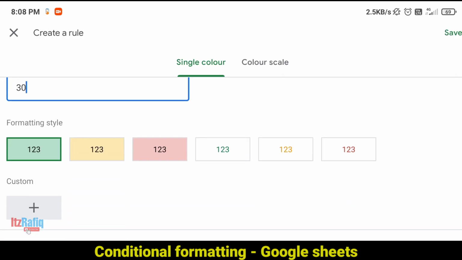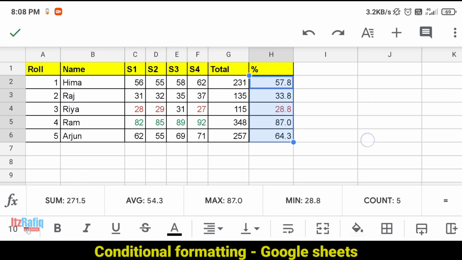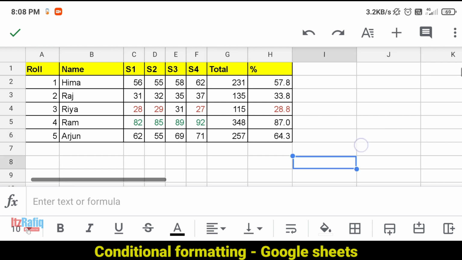So you can select red from here and tap on save, then tap on the tick sign. So here you see the student whose total percentage is below 30 is displayed in red color.